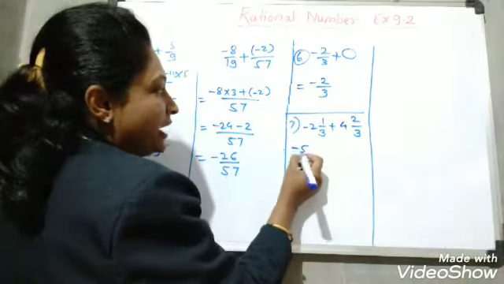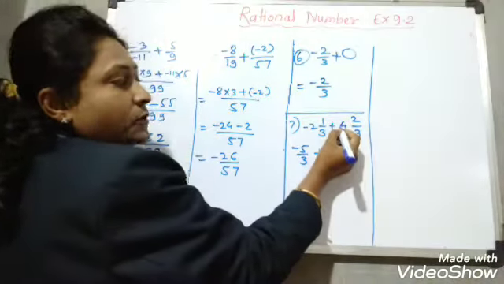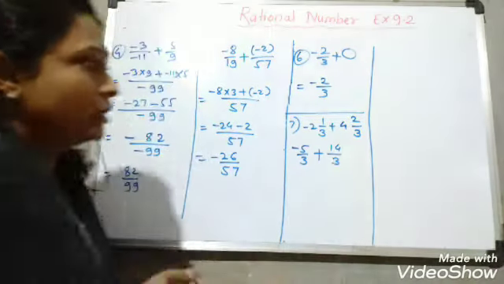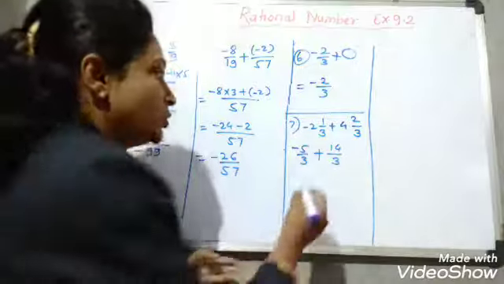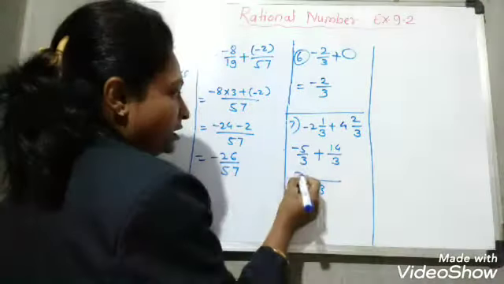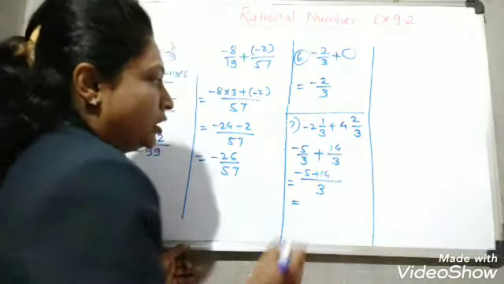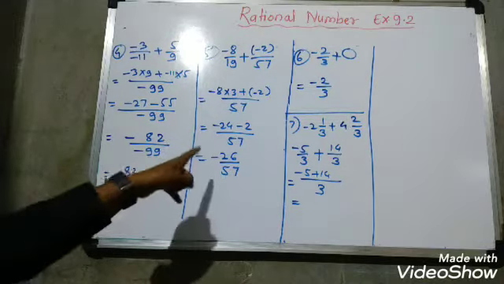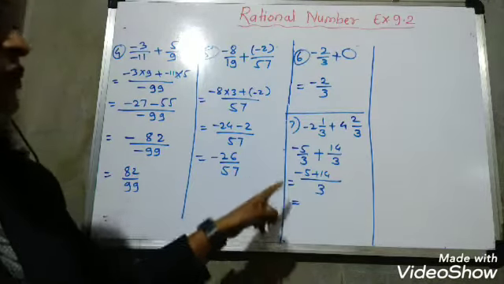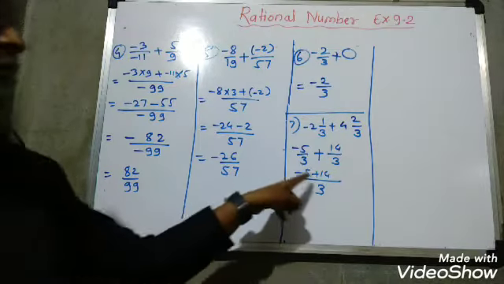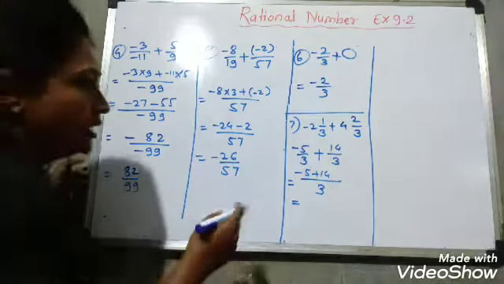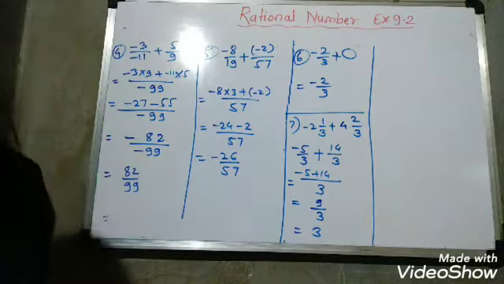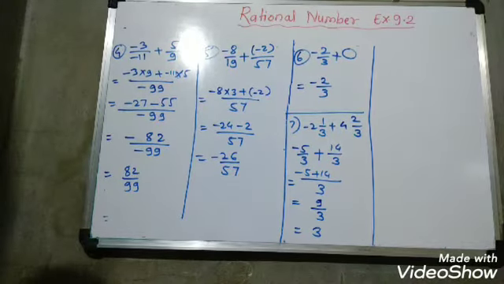So here it will come minus 7 upon 3 plus 3 4s are 12, 12 plus 2, 14 upon 3. Now see, both numbers have the same denominator, so directly we will do the addition. Here it will come minus 7 plus 14. Now see, both numbers have different signs, so we have to subtract. Why? Because both numbers have different signs. So when we subtract, you will get 7 upon 3, which means you will get answer 3. Okay students, understand? Now we will move towards our second question.